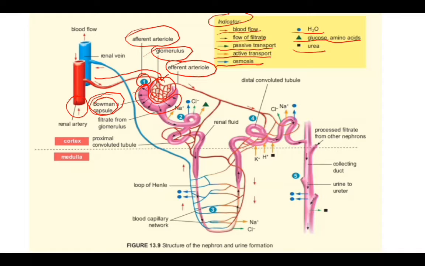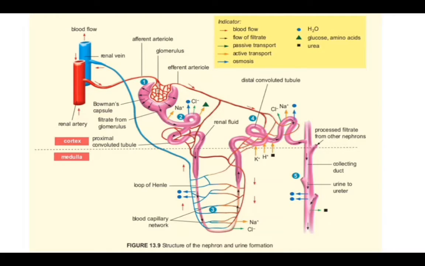The glomerular filtrate has the same composition as blood plasma, but does not contain red blood cells, platelets, and plasma protein. The red blood cells and plasma protein remain in the blood flowing to the efferent arteriole di sini. Efferent arteriole. Okay, because the size of red blood cells and plasma protein itu semua adalah too large to seep out of the glomerulus into the Bowman's capsule. So dia ikut saja flow of the blood lah. Okay. Next one, number 2 here.